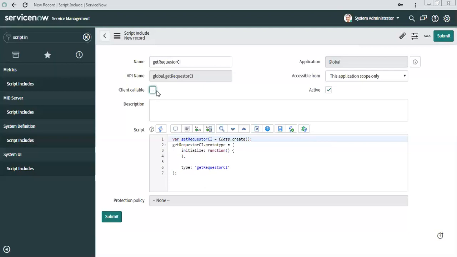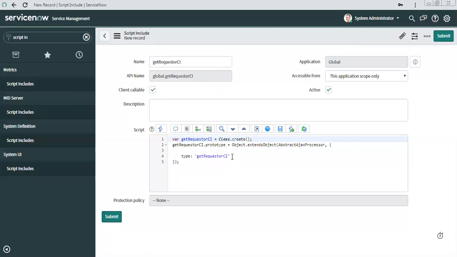If you are calling it through any server side code, maybe through business rule or workflow or other places, or when you are building a REST API, then also you may end up writing a script include. In those cases, you need not mark this as true. Here we are going to write client side code, so we are going to mark it as true.